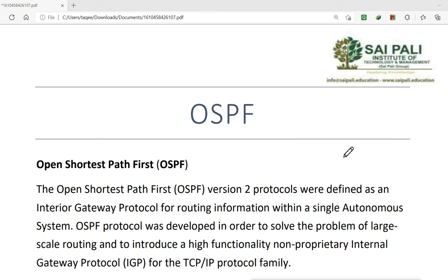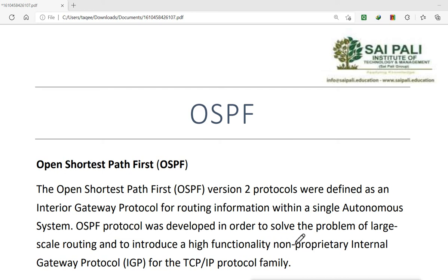Within the autonomous system we can configure these protocols, which is why they are called interior gateway protocols. The OSPF protocol was developed to solve the problem of large-scale routing and to introduce a high-functionality, non-proprietary interior gateway protocol, that is IGP, for the TCP/IP protocol family.